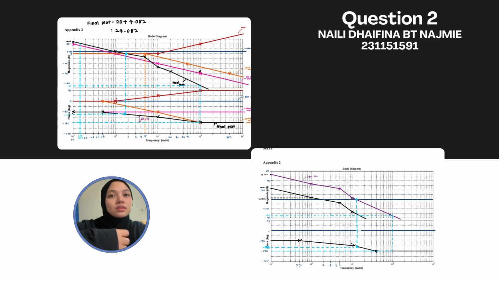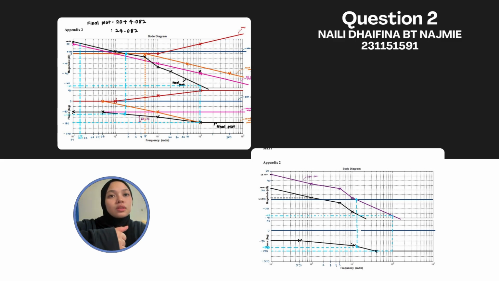As a result, the phase starts at minus 90 degrees and gradually decreases, finally settling near minus 180 degrees at high frequency. Then the frequency where the phase crosses minus 180 degrees is known as the phase crossover frequency. So from the Bode plot, both the gain margin and the phase margin are positive, which means the closed loop is stable. Then the bandwidth is 0.15,